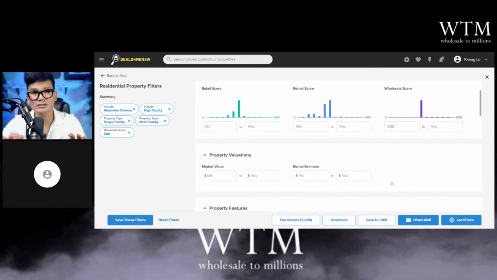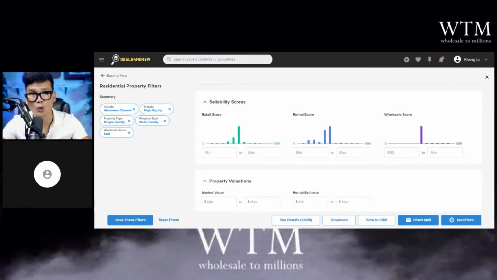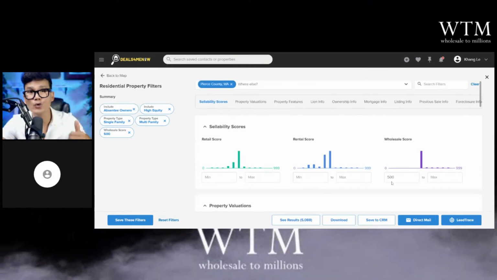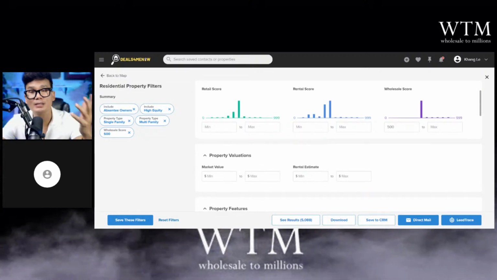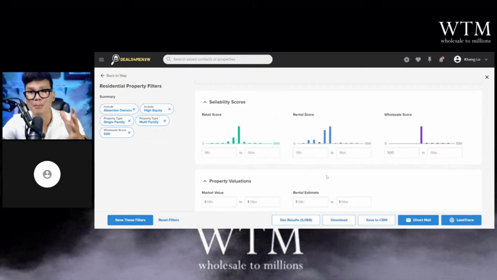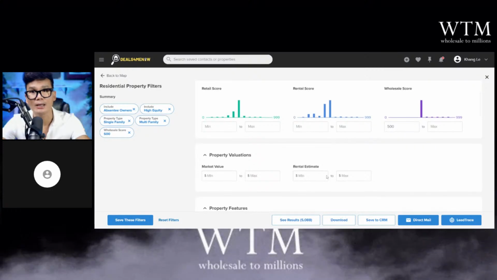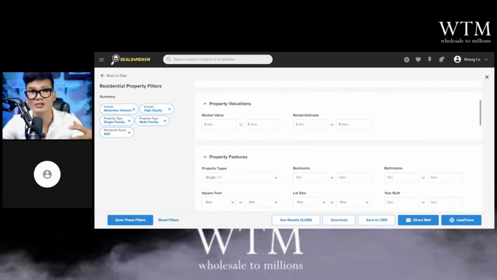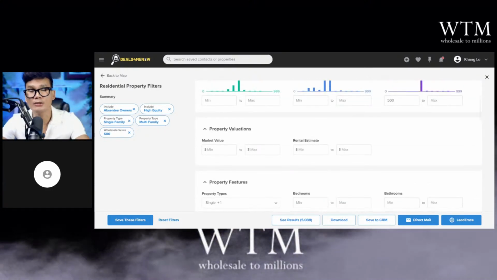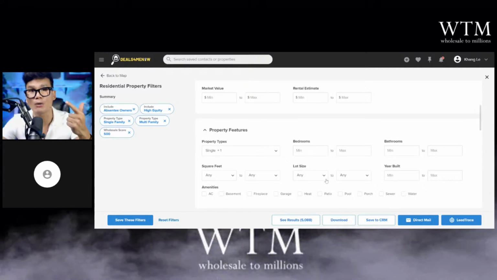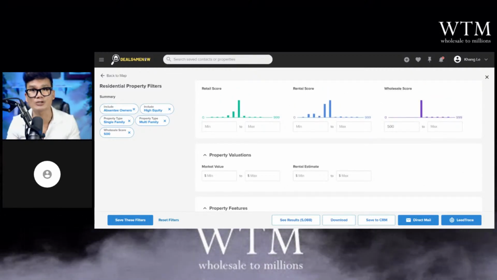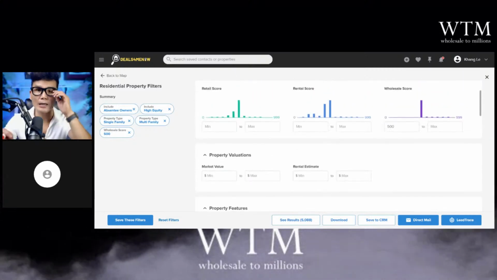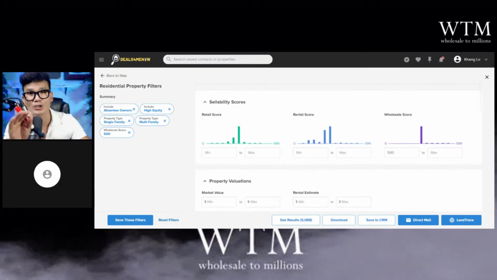Now, honestly, the software is not only for wholesalers. It's great for those of you who buy and hold, fix and flip, or even wholesale, because this is where you find discounted property, typically off market deals, right? Because you're able to go there and pull a list of distressed properties, and you can target them, and you can choose if you want to fix and flip, buy and hold, or wholesale. But honestly, the software is made for real estate investors, not just for wholesalers. And the score that Angeline is talking about,